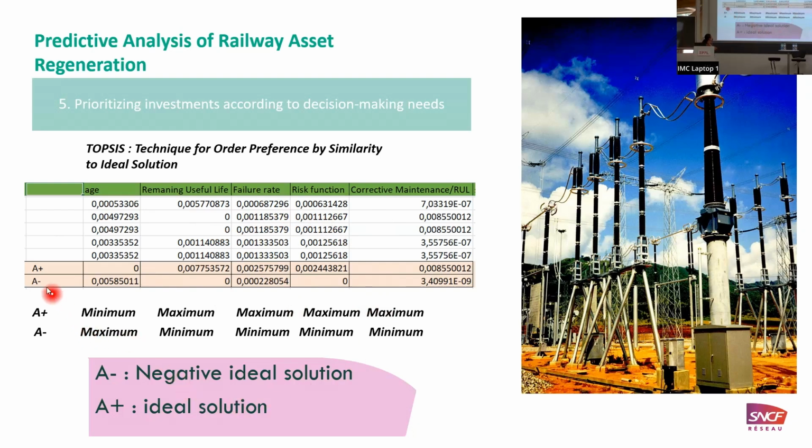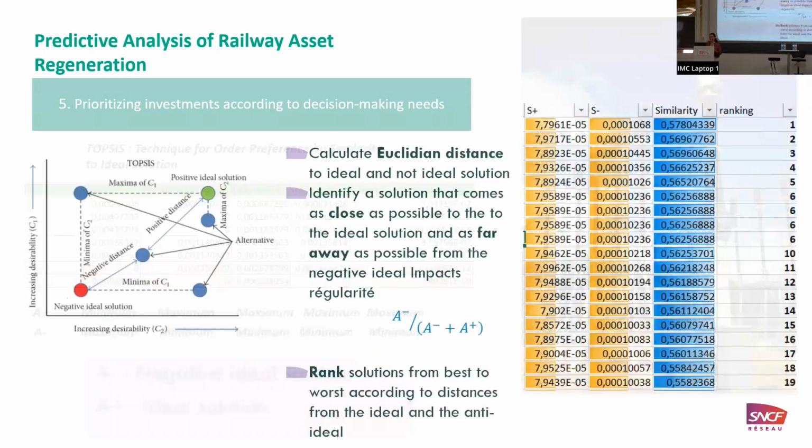And here, the negative ideal solution, so the worst scenario, is the maximum of age, minimum of all other criteria. So the objective of this method is to calculate the Euclidean distance between all these alternative solutions,